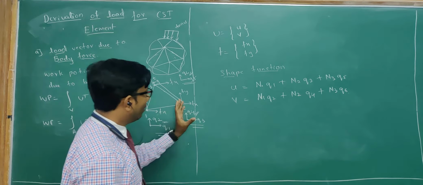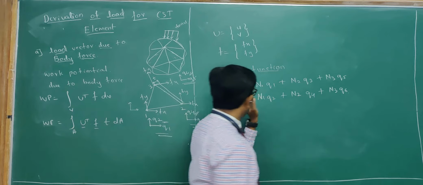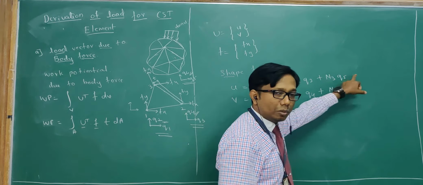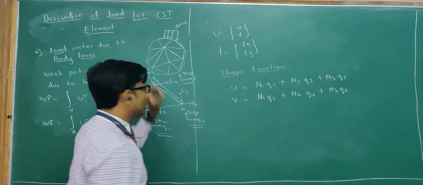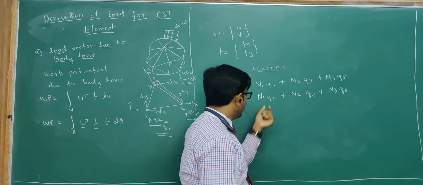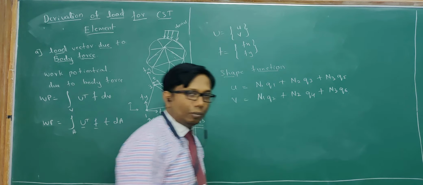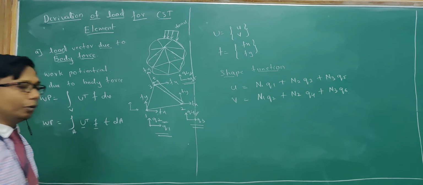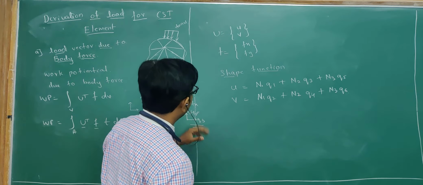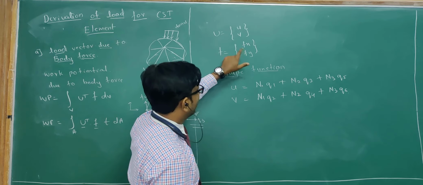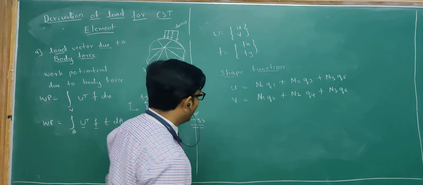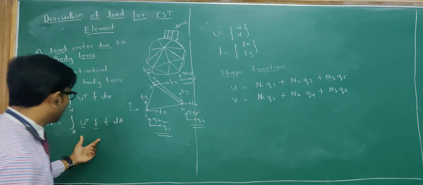So we have covered everything. Whenever u displacement happens, these are the nodal displacements which will contribute to the displacement of the field variable u. When I want to find the field variable v, Q2, Q4, Q6 will be the parameters contributing to the displacement of v. Okay, so now we will be substituting here. We already know what Fx and Fy are. F is the components Fx and Fy. So we will be substituting in this particular equation.